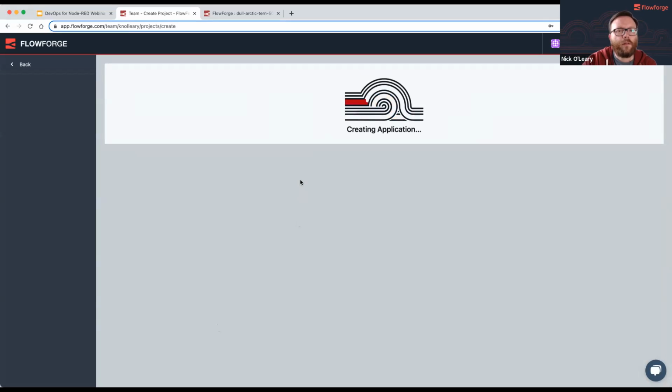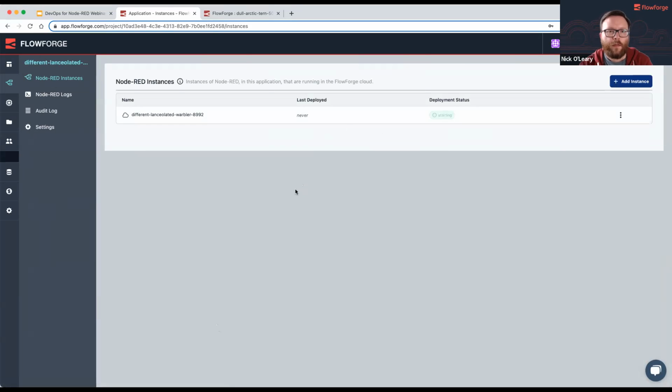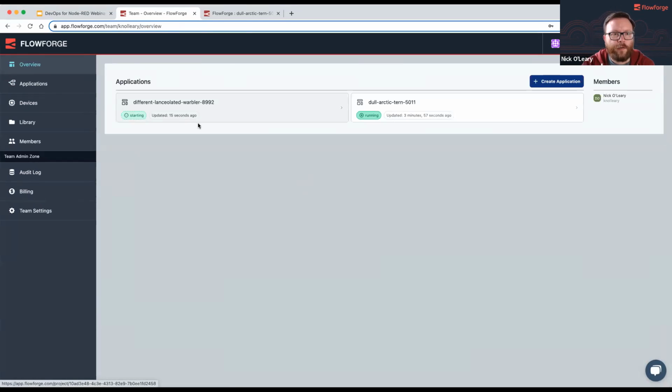Now, at the moment, I've been talking about how applications can have multiple NodeRED instances. Being able to add a second instance is actually something that's coming in a couple of weeks' time. So at the moment, each application can only have one instance inside it, but that's just a point in time thing. So I've created a second